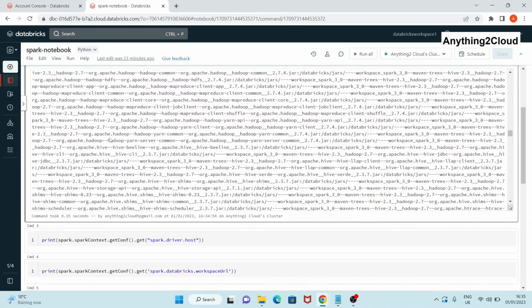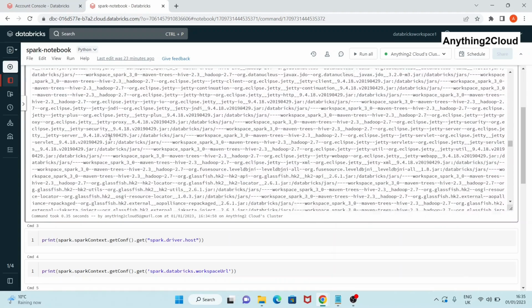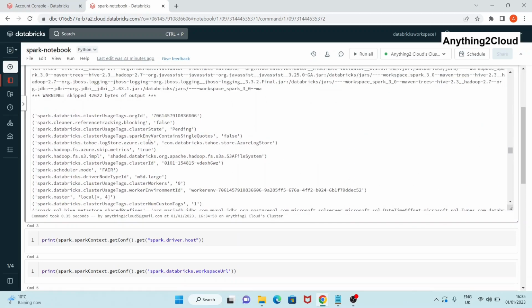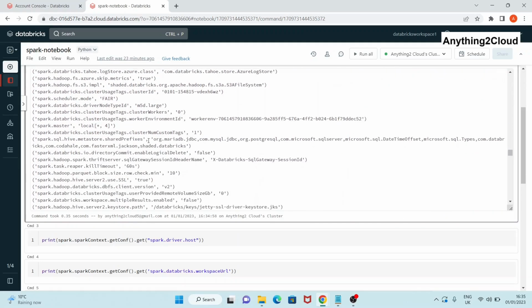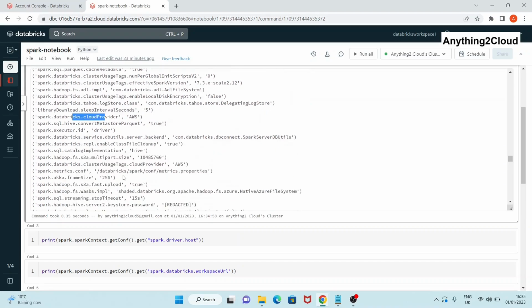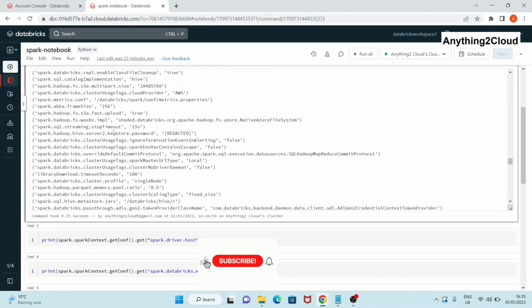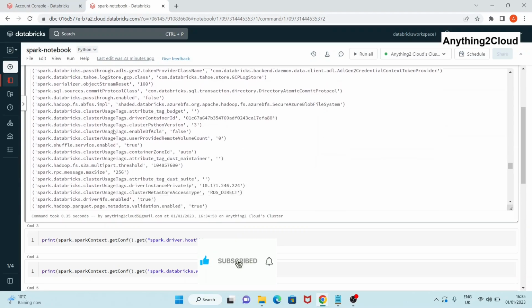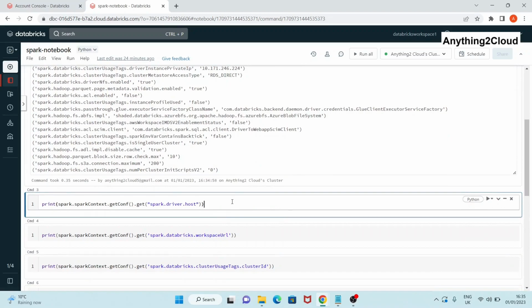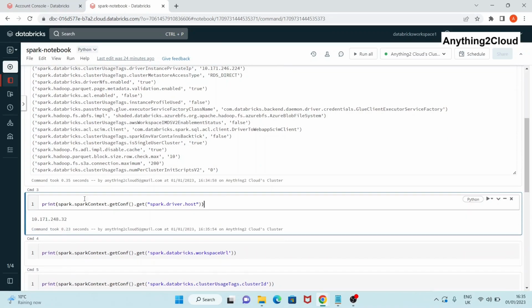And if you want to know a specific configuration value, you can directly run a command and get that. Let me quickly show you that as well. You can see my cloud provider is here, then my cluster ID should be somewhere here, and you can see a lot of configurations in this output. For example, if you want to know the driver host, you can run this command. You can write print of